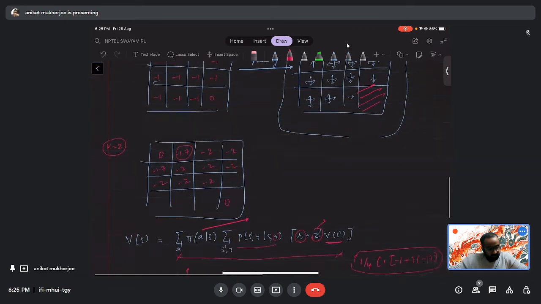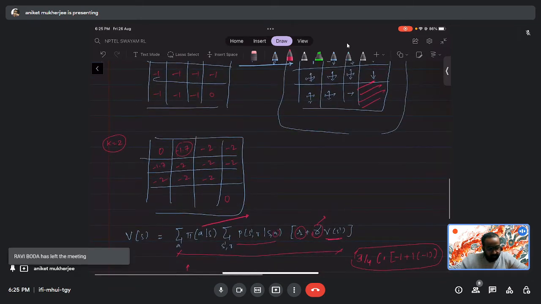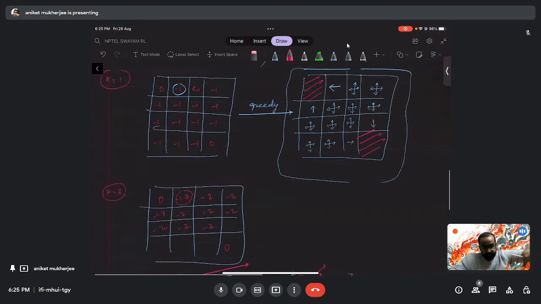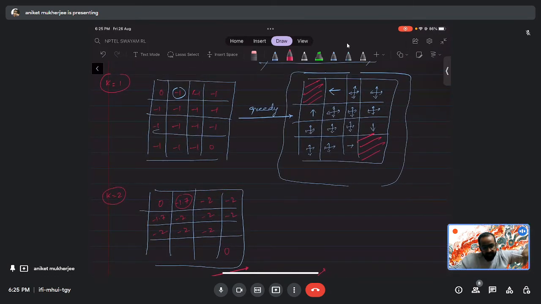So I'm just writing 3 into 4, 3 times this thing, because the same equation would be repeated 3 times for the up action, for the left action, for the bottom action. But for the right action, you see that